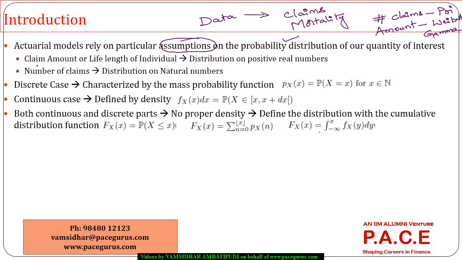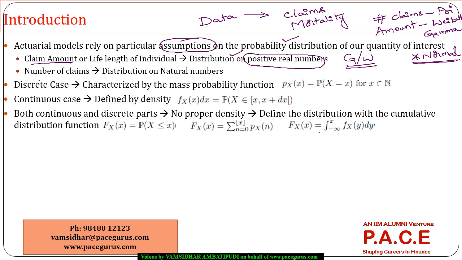So if you are talking about the claim amount, we are talking about some kind of distribution which is applicable only for positive real numbers. So probably a gamma distribution or a Weibull distribution, but definitely not a normal distribution, because the normal distribution is applicable even for negative numbers, whereas gamma and Weibull are distributions that are applicable only for positive real